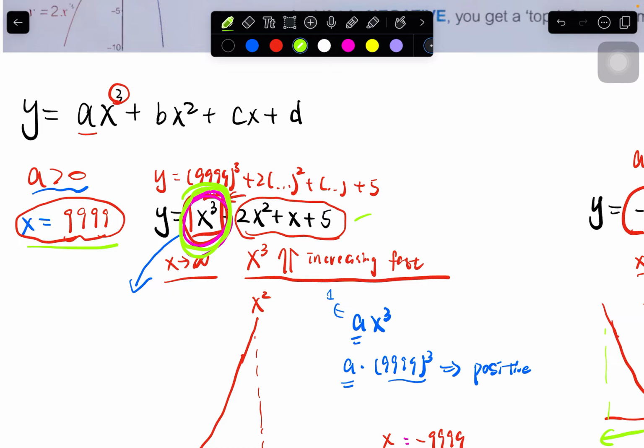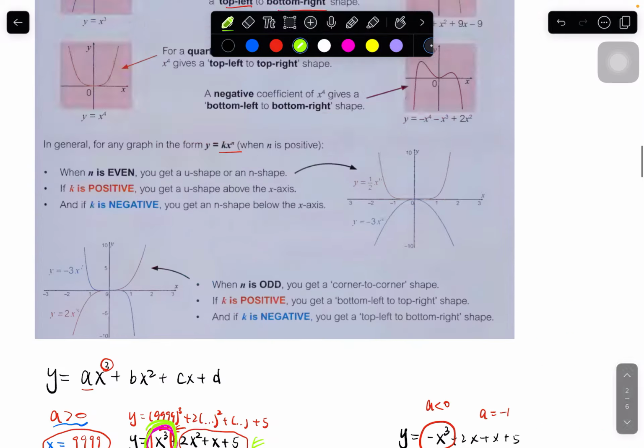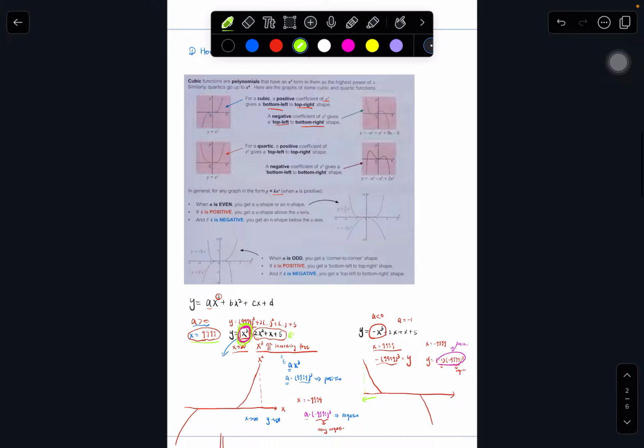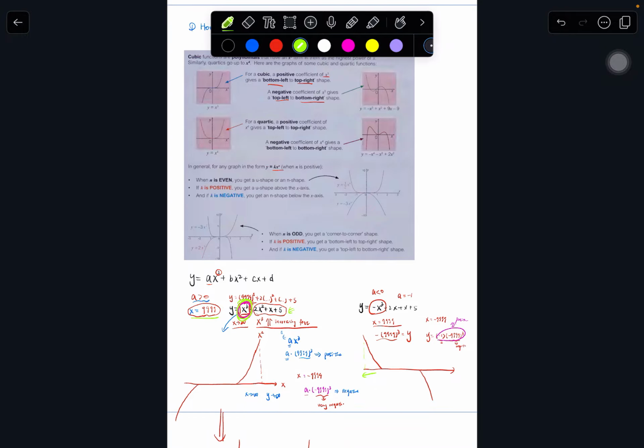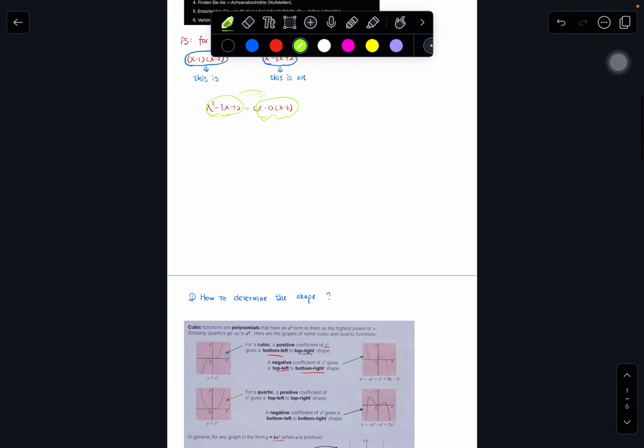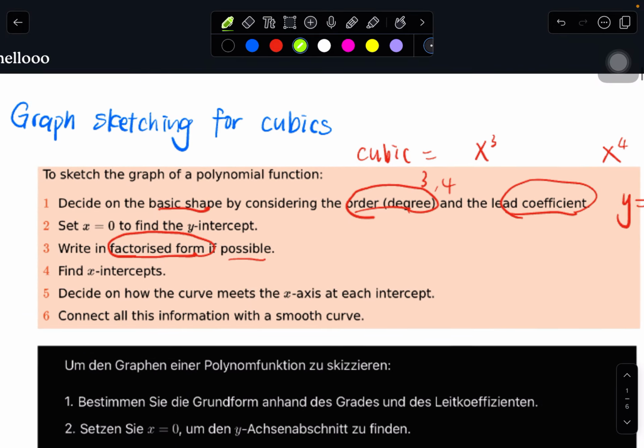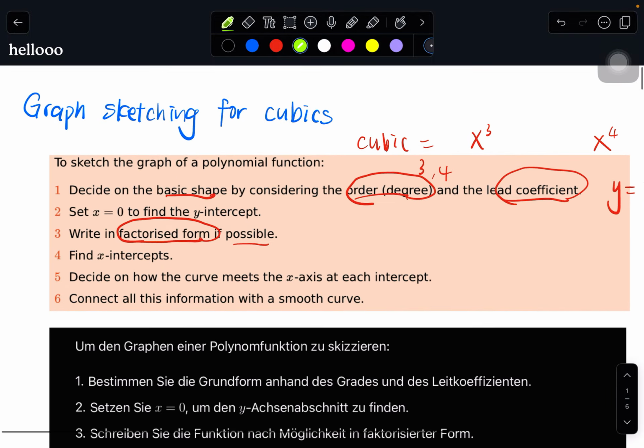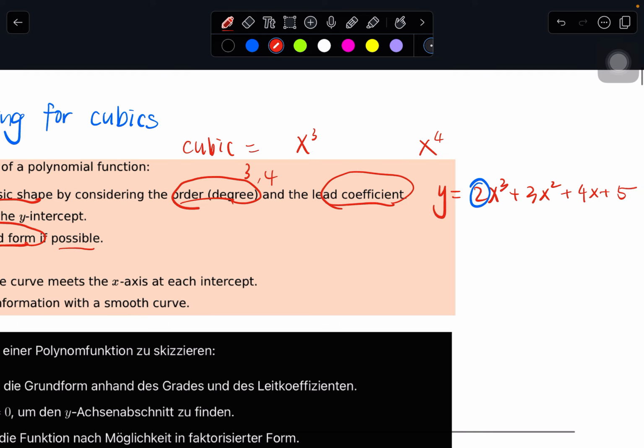And now for the next few steps, we have to think about the other parts. So that's the first step. The first step I can say is the worst step, or the most difficult step to understand. When you understand this one, it's going to be easier. Now the second step is quite easy: set x equals 0 to find the y-intercept. And that's very